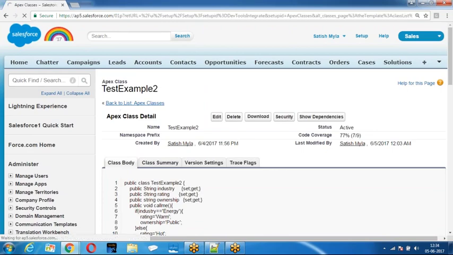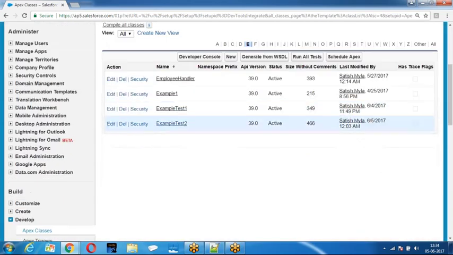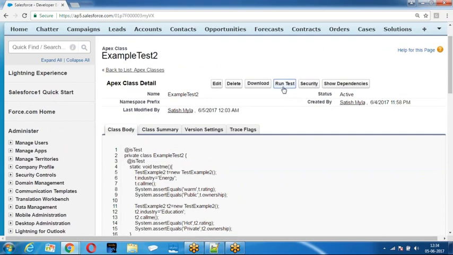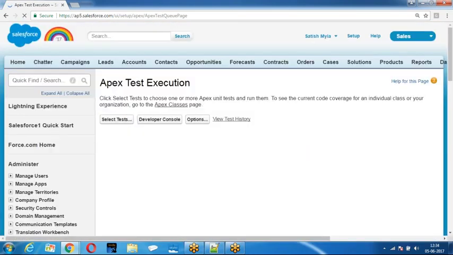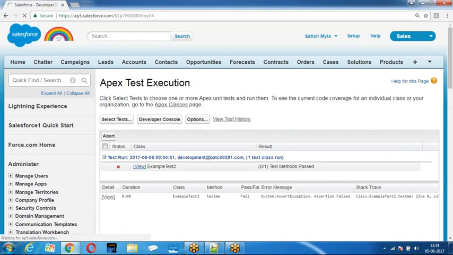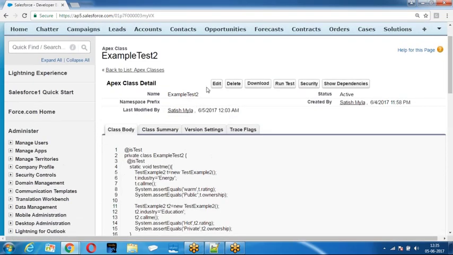Go to the class, example list 2. Run the test. There is a failure. What failed? Let us see. Assert equals has failed.